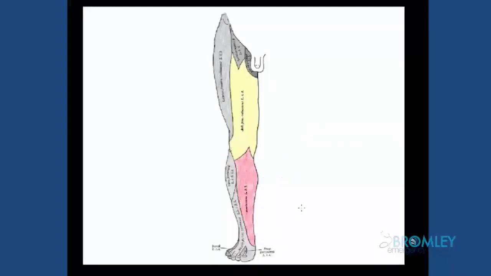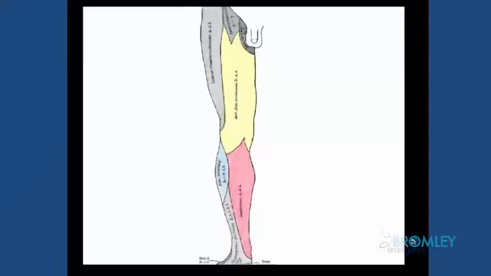The sciatic nerve runs down the back of the leg, dividing into the tibial and the common peroneal. There's no sensory area from the tibial nerve that we can see from the front of the leg, but the common peroneal, there's an area shown in blue here which has direct innervation from the common peroneal, and then from the two terminal branches. The deep peroneal has a tiny area just between the first and second toes, and the superficial peroneal